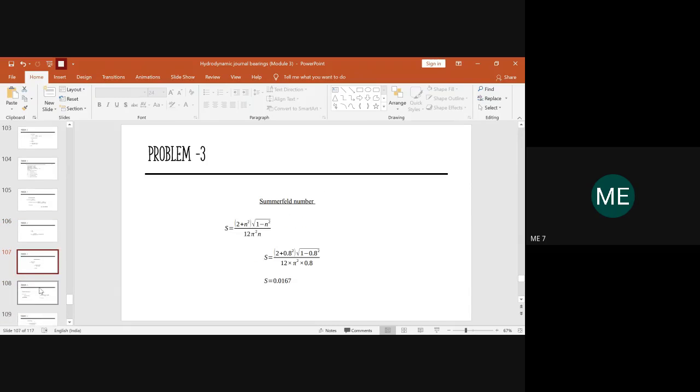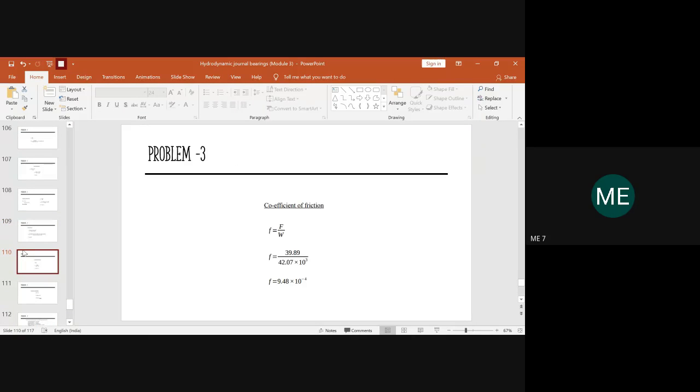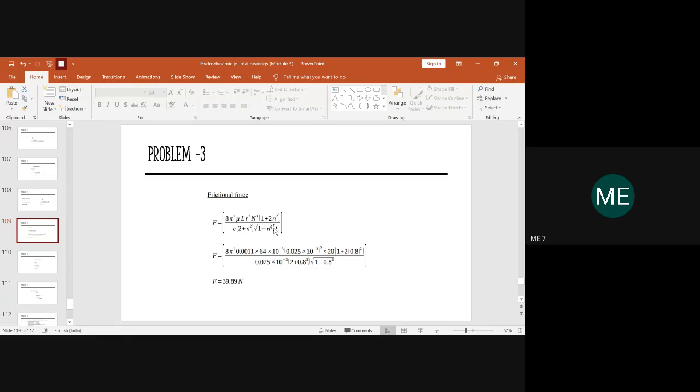So what is the equation for frictional force? This is the coefficient of friction. Before that, we need to calculate the value of frictional force, right? Here we can see the frictional force equation is the same as what we used. You know the equation: 8 is constant, pi is constant. Only the value of mu gets changed here. So we are writing 0.0011 instead of 12. And again, the length remains the same. The value of r remains the same. And n,